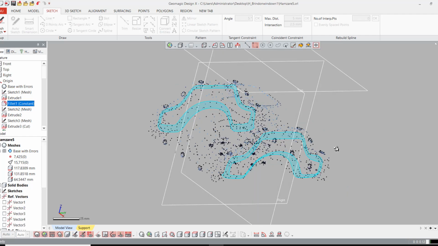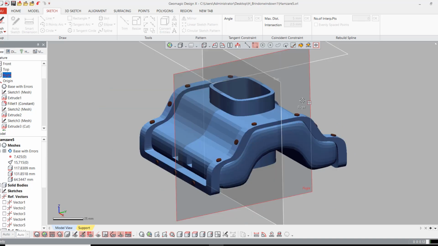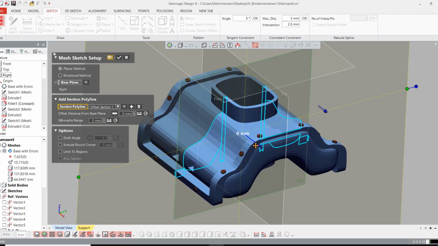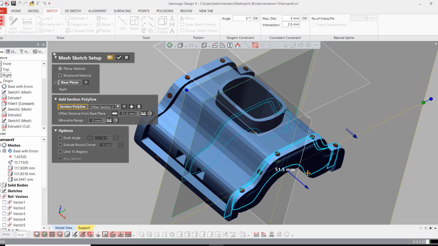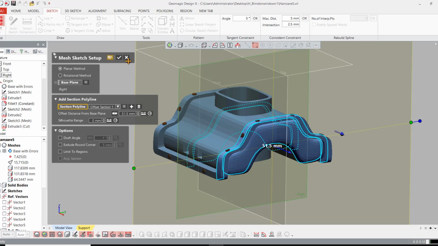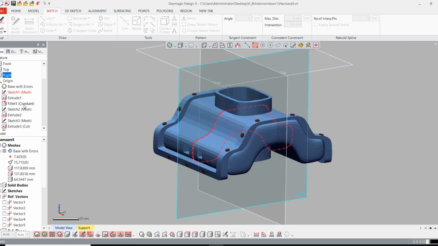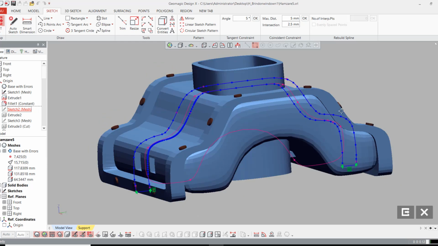In the mesh, now in this mesh we need to create this outer profile. By using this right plane we can extract the sketch from this profile. So if I go to mesh sketch and then move it up to this, then we get this detail, and again we will use the same method, and we will use spline, and we will fit the spline on this mesh section sketch, and then exit,